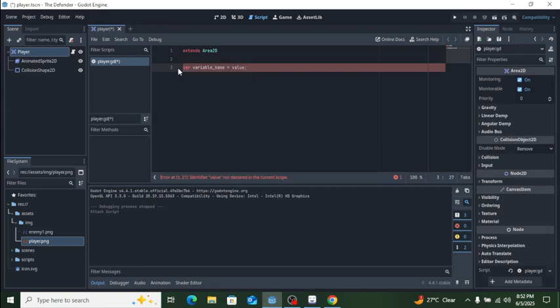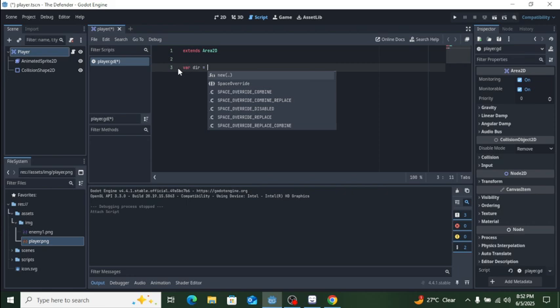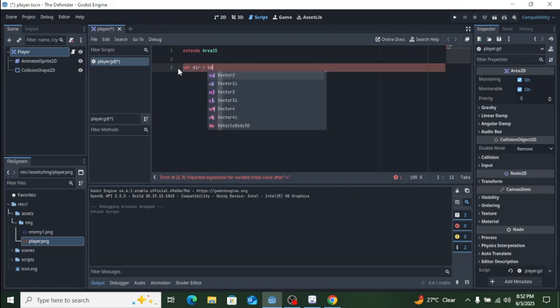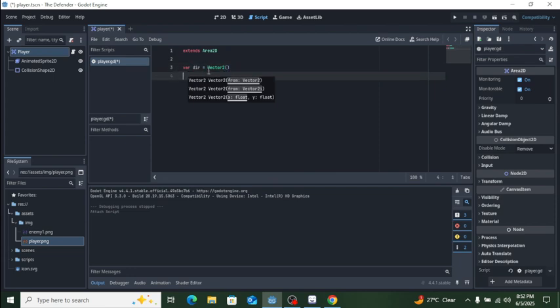So basically that's how we create a variable. First of all, we want the dir variable. Dir is just short for direction. I want it to be a vector too. The reason why we are creating a direction is because we want to be adding something to the position, and